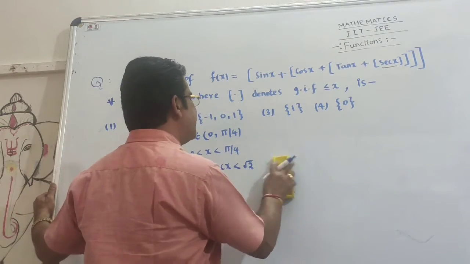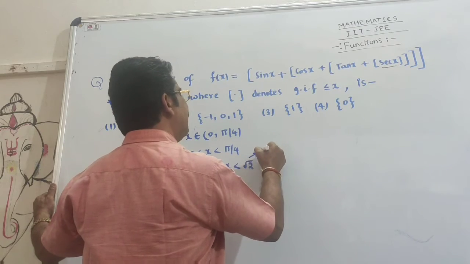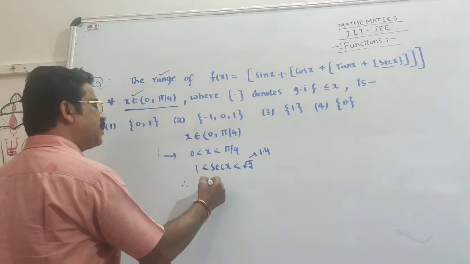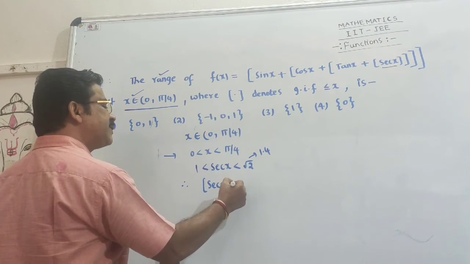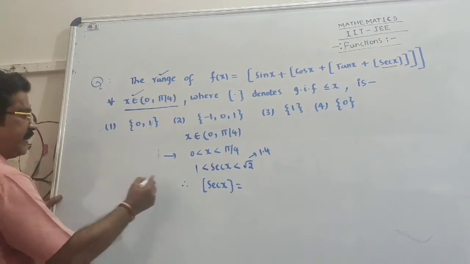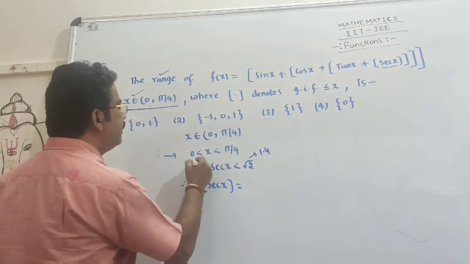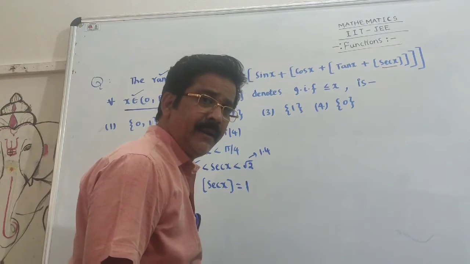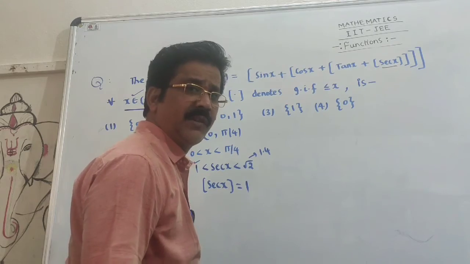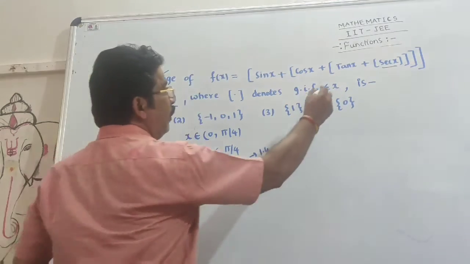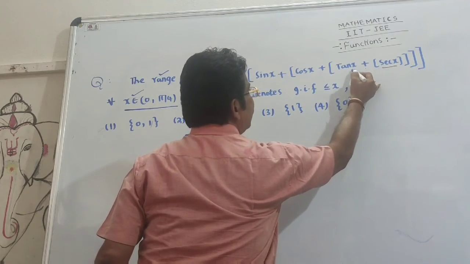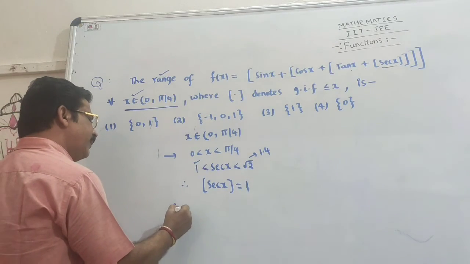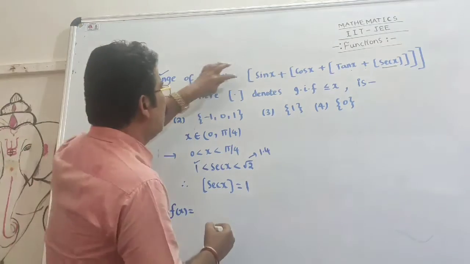Understand? Okay, this is 1.4. So therefore, what is its box value? Box of secant x lies from 1 to 1.4, meaning the lower bound is 1. So the box value is 1. You already know the application of box of x. The question: f of x now becomes box of